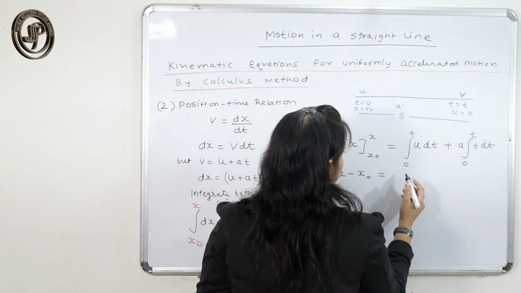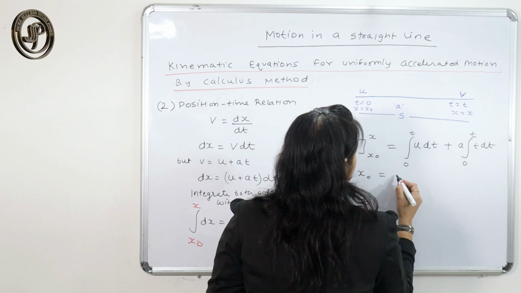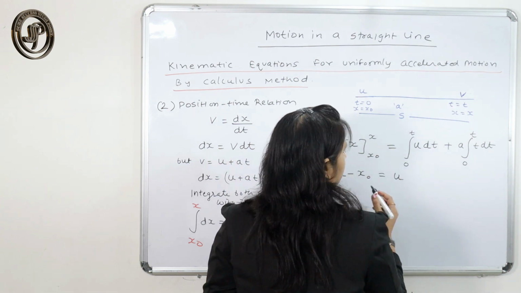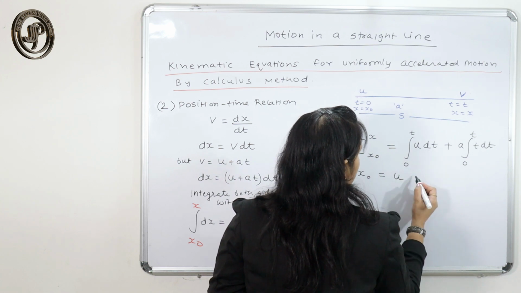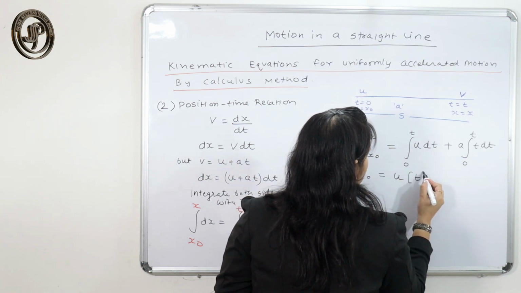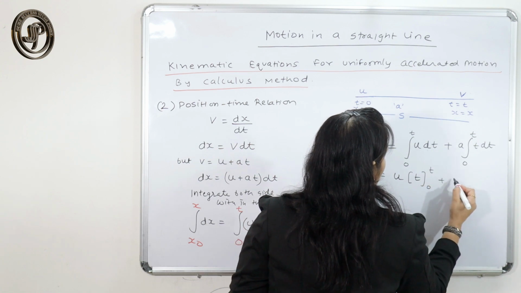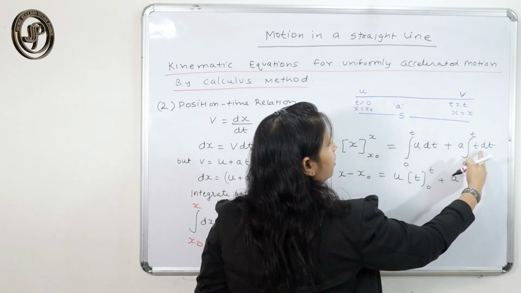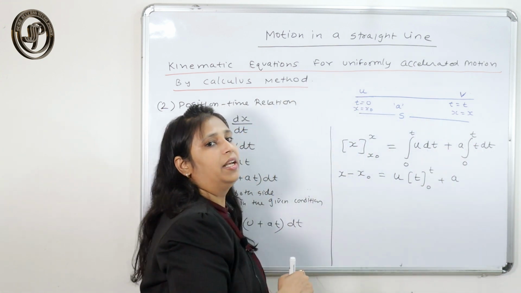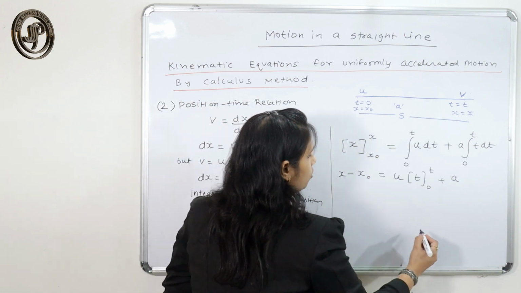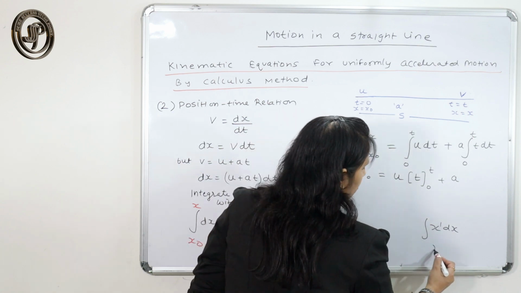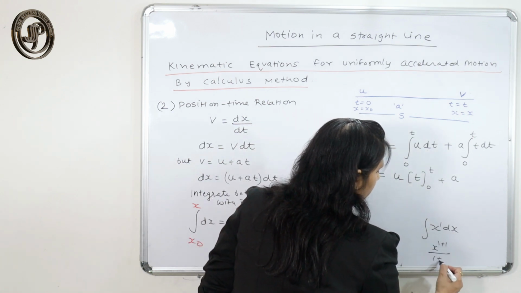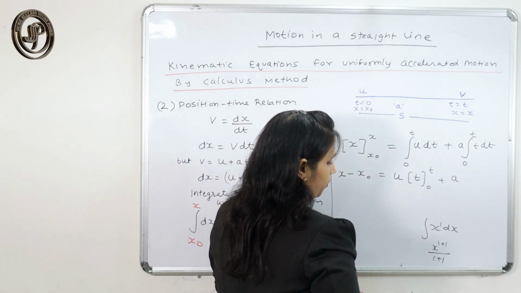Here the u, the initial velocity, is constant, so I can take it out. So, I am left with dt. So, the dt integral is t from 0 to t, times a. Here the integral of t dt, that is x dx. How do we do the integral of this x dx? X raised to power 1, so x raised to power 1 plus 1 upon 1 plus 1. So, x raised to power 2 by 2.